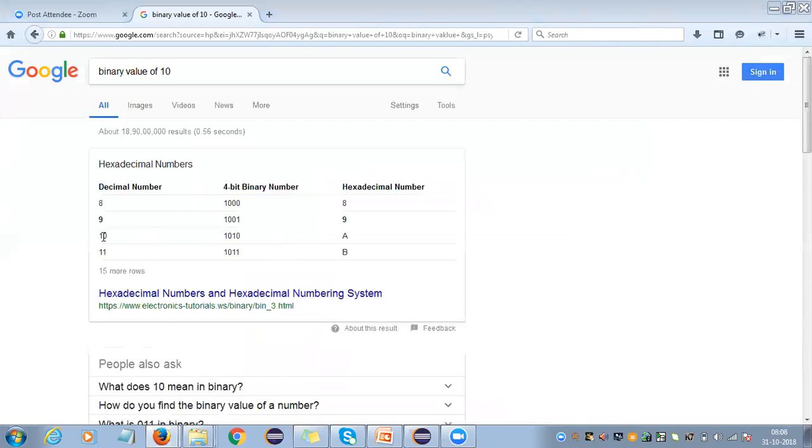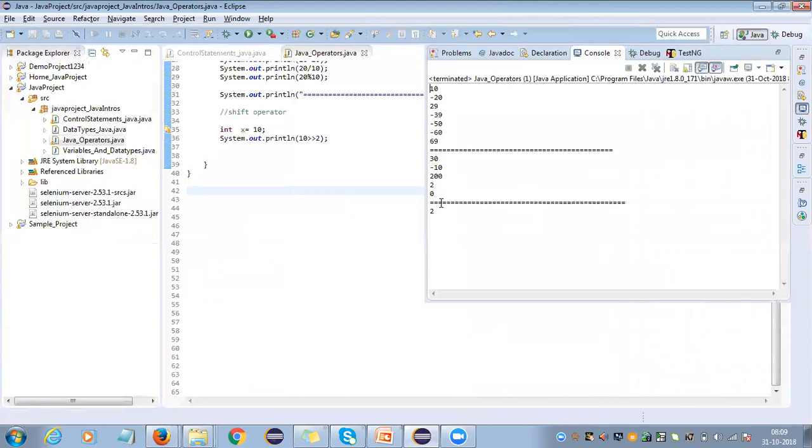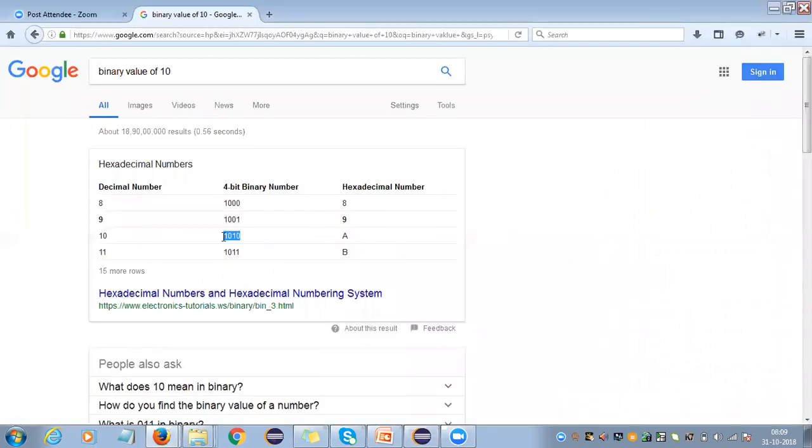Sorry for that. So the binary value of 10 is 1010. If it is 8-bit, then you'll have all zeros before this. Basically, to represent 10 in binary, these 4 digits will be enough, and this is 1010. Now I'm just running this, and I'm getting 2 here. So why I'm getting 2 is